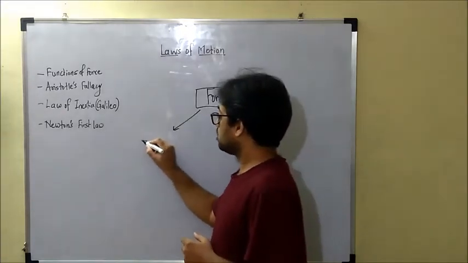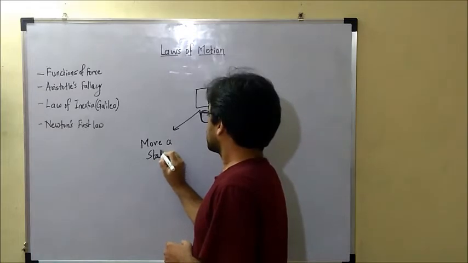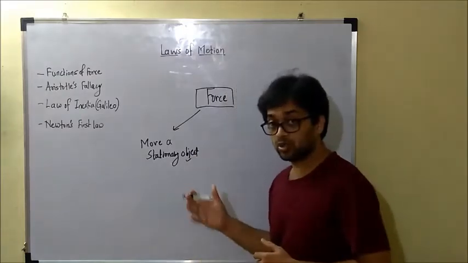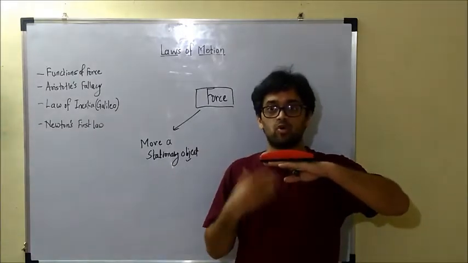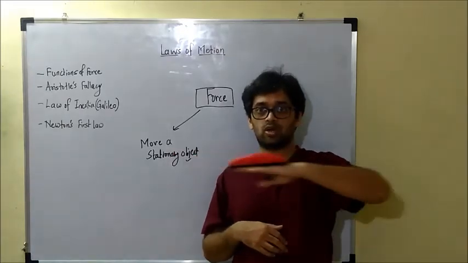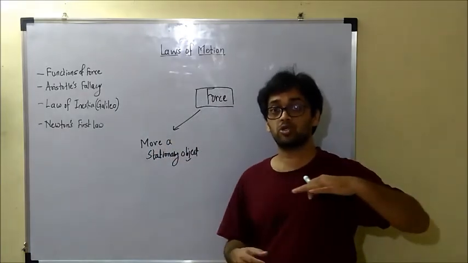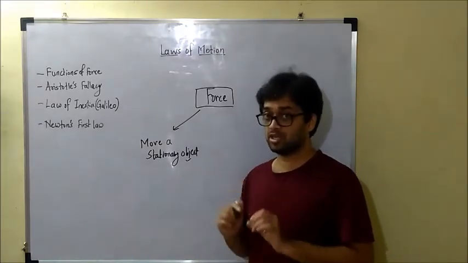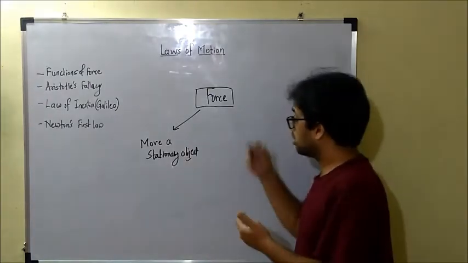So it can cause a motion, or it can move a stationary object. That is one thing that it can do. It can move a stationary object. Suppose this duster is stationary right now. If I want to move it, I should apply a force. So if I want to move it up, or if I want to move it rightward or leftward, I will have to apply force, right? How was I applying the force? I was applying the force using my hand. So an external agency can cause a motion of a stationary object. That is the first job the force can do.